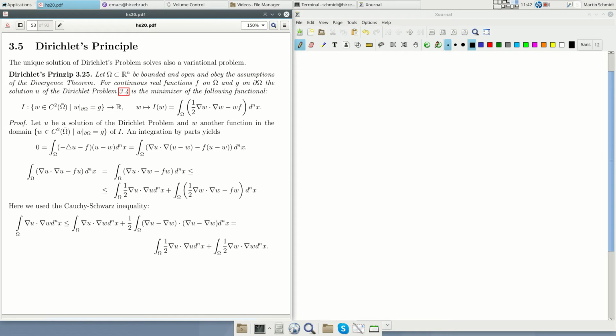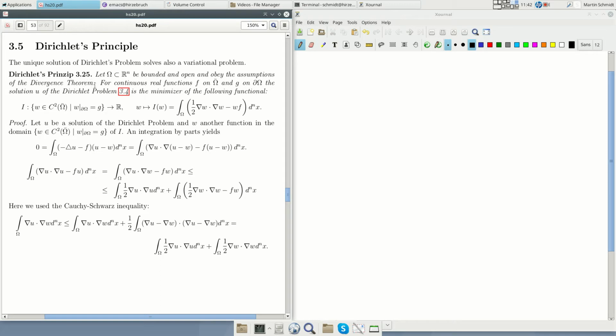Okay, now let's state what Dirichlet's principle is. Let omega be bounded and open, and the divergence theorem should apply. So it should have enough regularity such that the divergence theorem applies. We prove this if the boundary is a submanifold, meaning a C1 submanifold, but the divergence theorem is true in many other and more general situations, and then this Dirichlet principle